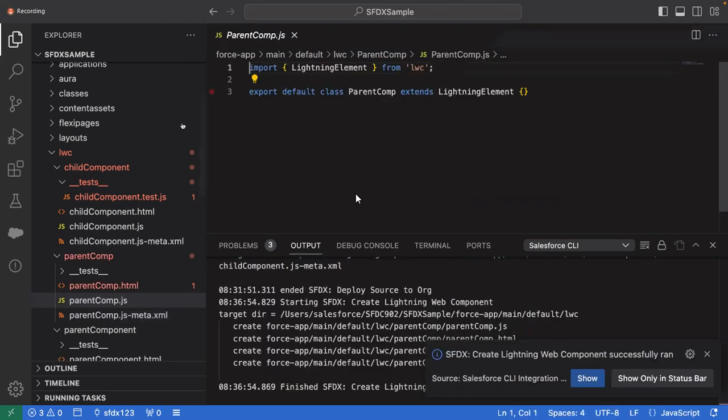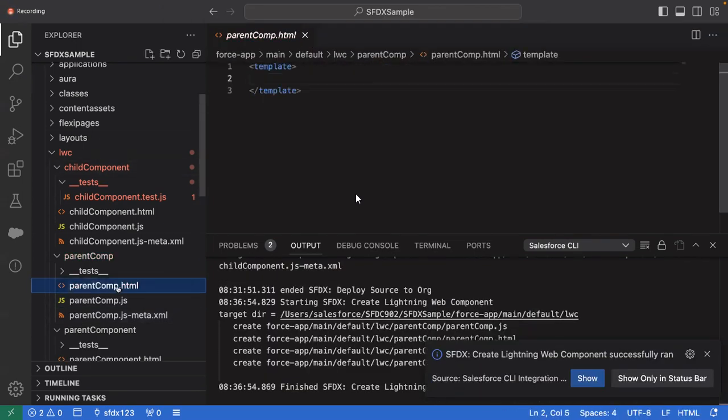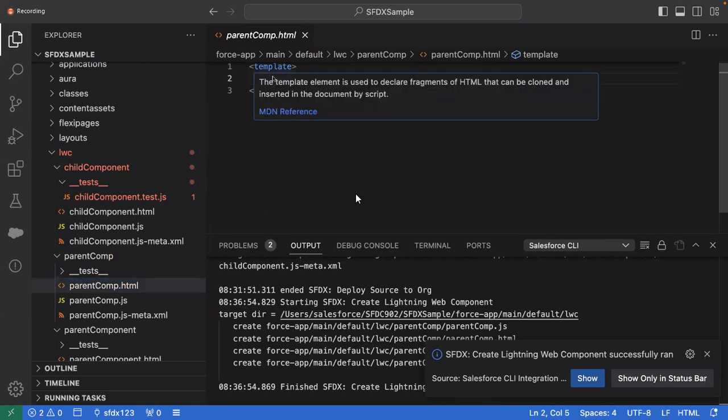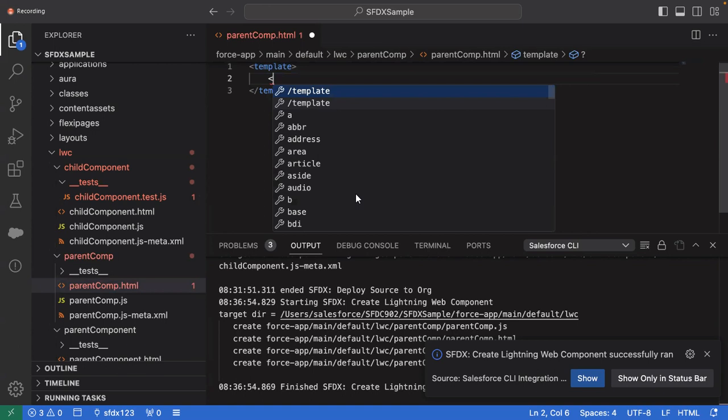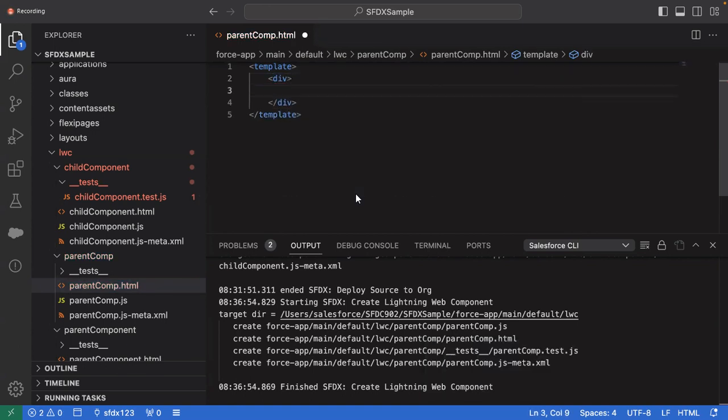Okay, done. Parent comp HTML. Let me open the HTML. Inside this, I'm just giving a div, and inside the div, I'm just giving an h1. Inside h1,